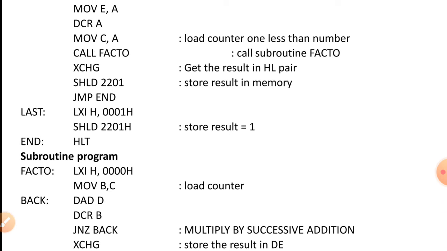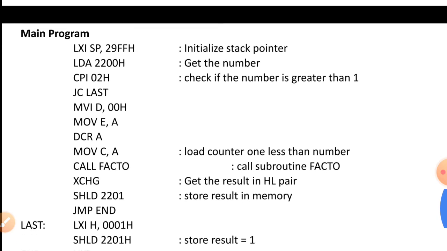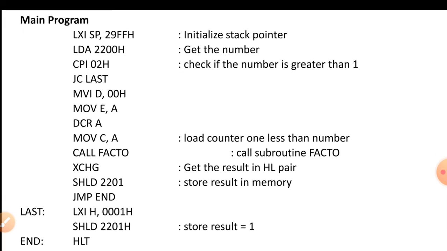So in this way this program is working. Now suppose the number for which we have to find the factorial is less than 2. Suppose it is 1. So when the accumulator has 1 and the CPI instruction with 02 is used, the carry flag will be generated.